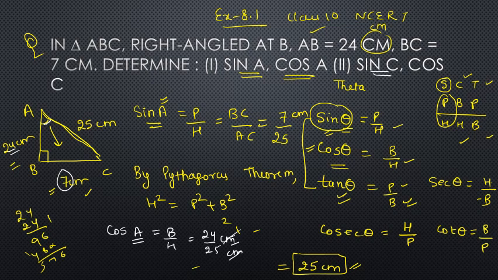Now you have sine C to find out. So what will be the sine C here? If you apply sine C, now the angle is C, so the perpendicular will become AB, right? So you have to mark AB here. That means what is the value of AB? 24, right? So this will be your ratio. And now this is for you to do yourself. Okay, let's move on to the next question, next concept.